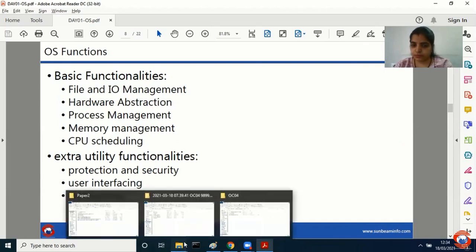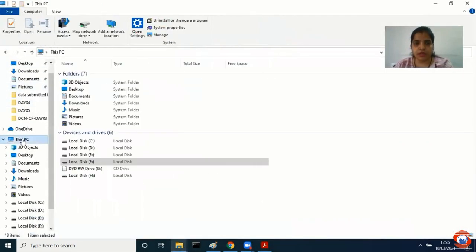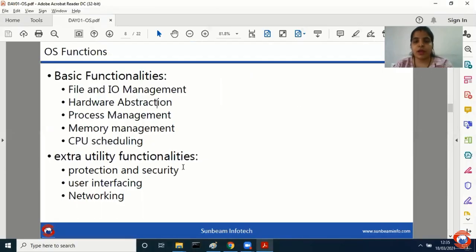In this case, let us assume in my machine I have, let us say, C, D, E, F, G drive, H drive, and so on. In your machine, maybe you have only C and D drive. Maybe someone is having Ubuntu, only one drive. Maybe you are having 5 drives. Means can I say I have different file and input output management. I can have a keyboard, I can have a monitor. I can use different input output devices. Maybe I can use external Bluetooth related devices, or a normal wired mouse, or a wireless mouse. So there can be different types of IO devices.